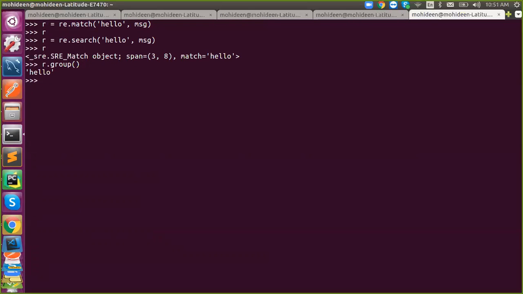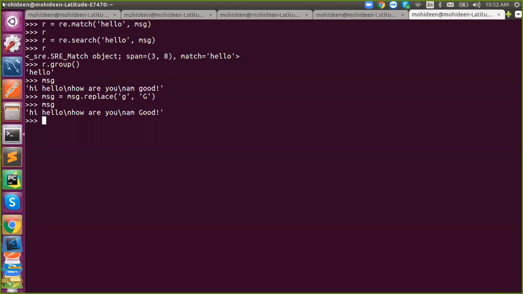Here is my match. Now, message doesn't contain any caps, so I will replace G with caps. Okay. Now I'm going to say re.search.